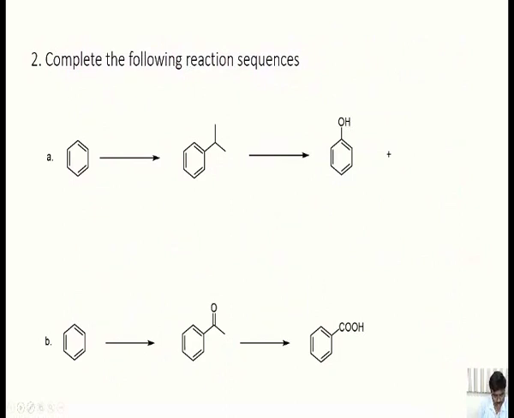Now let us move to the next problem. Complete the following reaction sequences. The first example involves alkylation of an aromatic system. This can be carried out if we have propene